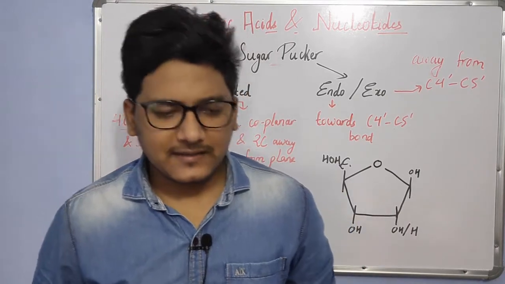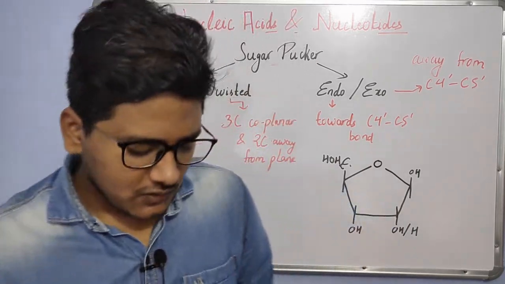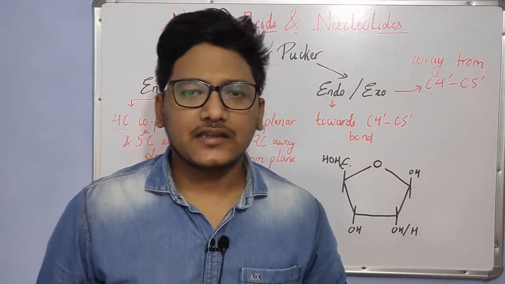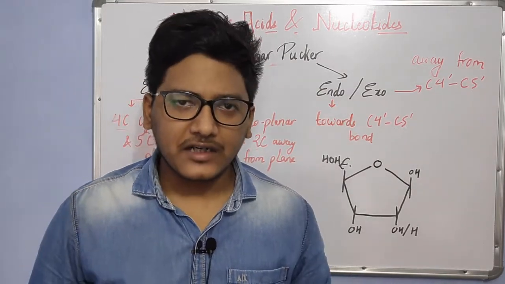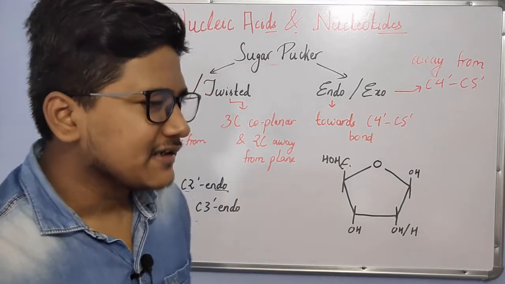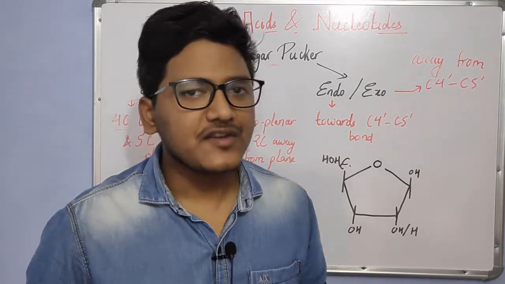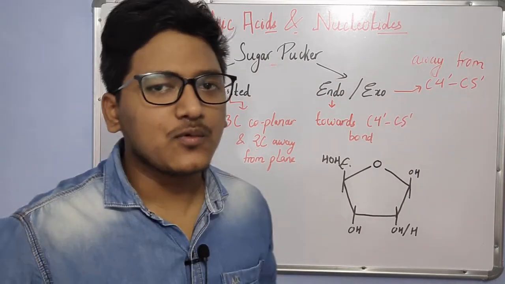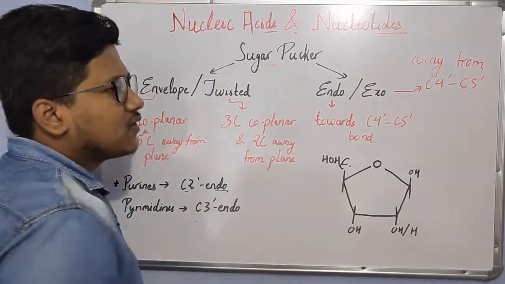Okay, so let's discuss sugar puckering. So what is basically sugar puckering? Pucker means if there is presence of any kind of wrinkle, ridge or twisting, that is called puckering of any structure. In case of sugars, or in this particular case the ribose, the puckering is because of the presence